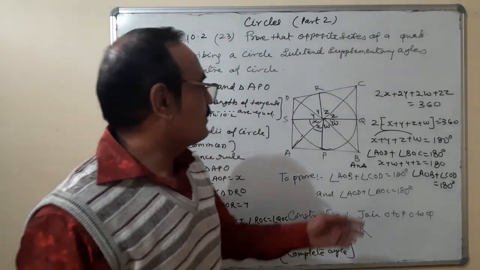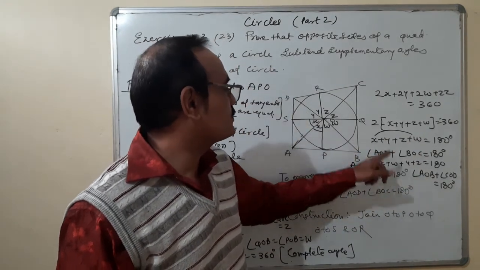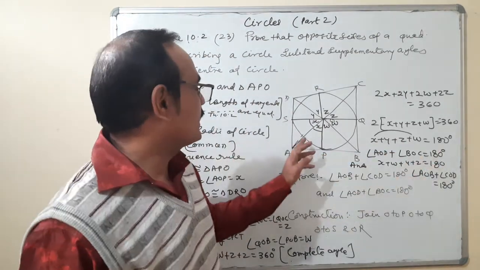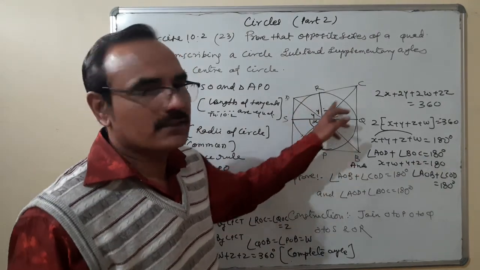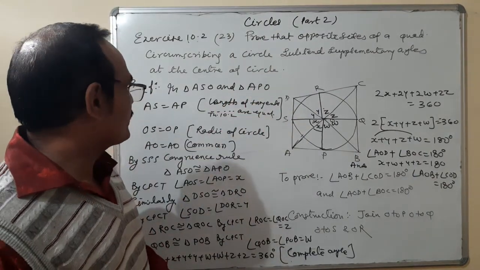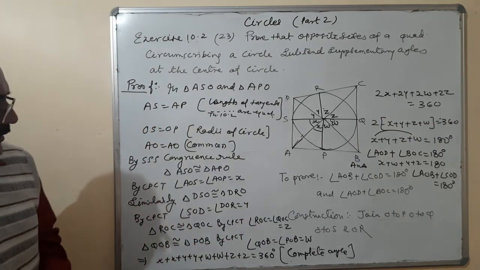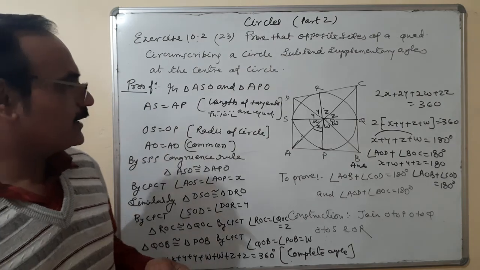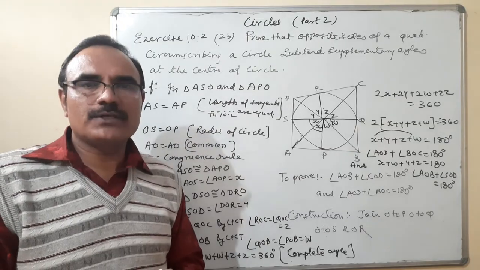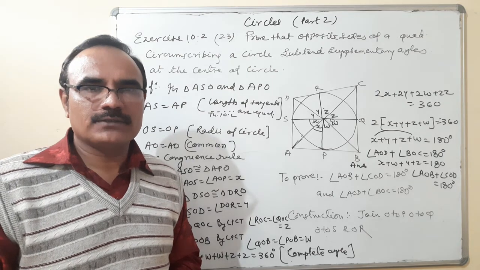Okay. So in clubbing, if I add x plus y and w plus z, then angle AOD plus angle BOC, and x plus w plus y plus z is equal to 180. So x plus w means AOB, and y plus z means DOC, 180. This is the proof that the opposite sides of a quadrilateral circumscribing a circle subtend supplementary angles at the center. So that's all. This is the exercise of 10.2. I hope the remaining questions will be solved by yourself based on these two theorems only, theorem 10.1 and theorem 10.2.